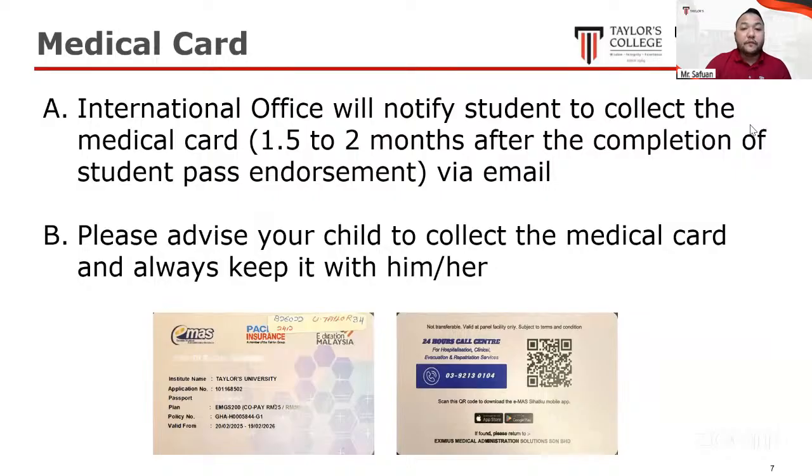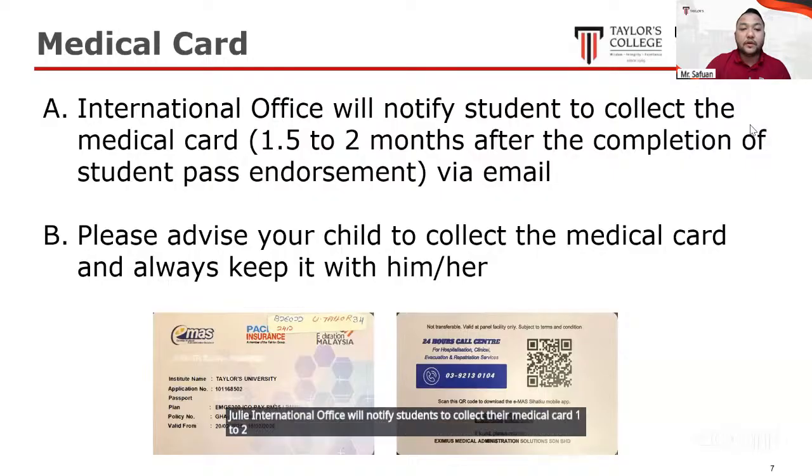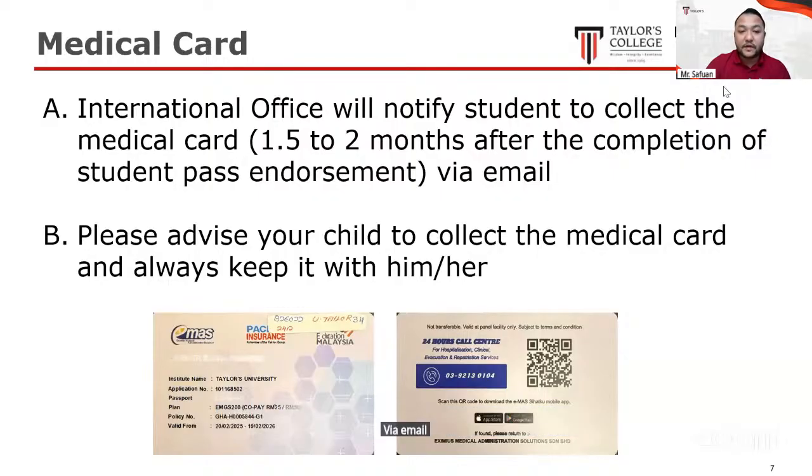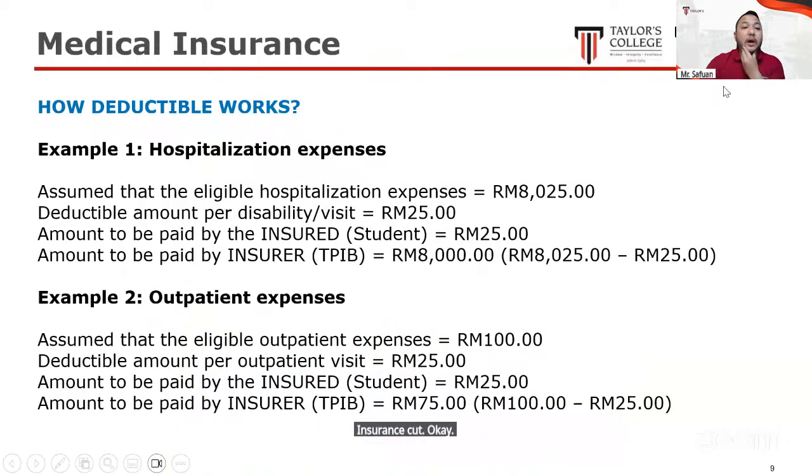Usually, the International Office will notify students to collect the medical card 1 to 2 months after the completion of student pass endorsement. We will send it via email. So please advise your child to collect the medical card and always keep it with them. So as you can see below, this is a sample of the insurance card. Okay, let me explain how the deductible works. So if let's say there are two examples, one for hospitalization